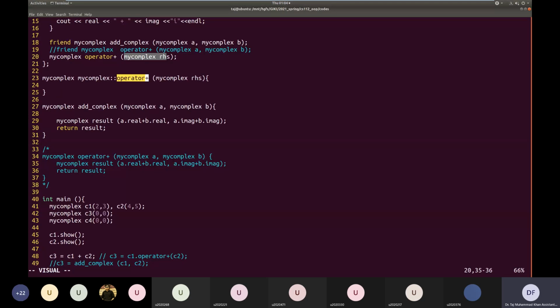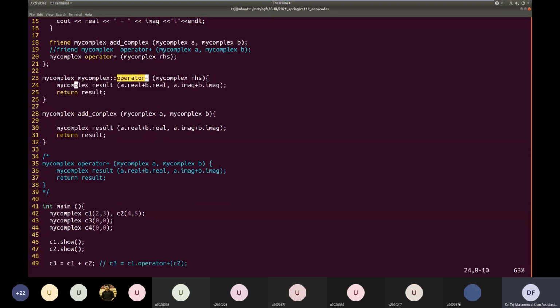So once we have this function, we can basically copy paste this. We have to adjust it because there is no argument A. It is being called for the object C2. So C2's real part, the left-hand side's real part, it can directly access.